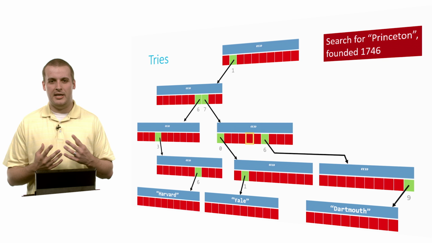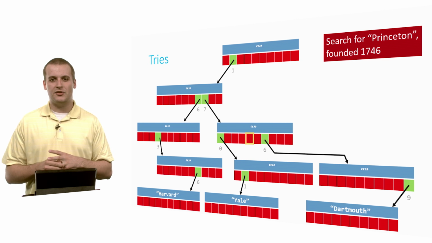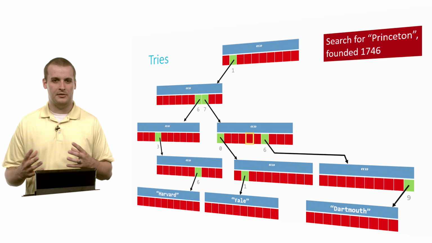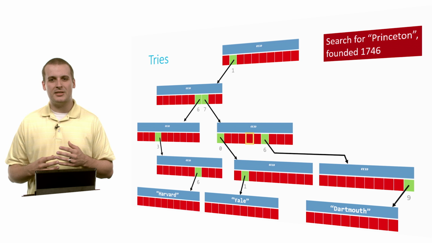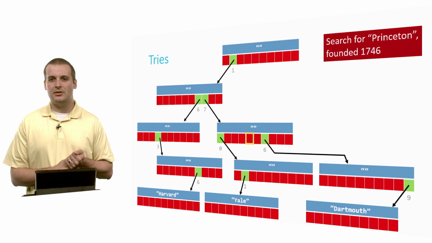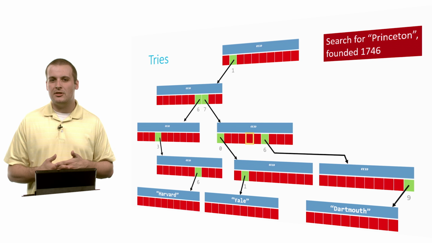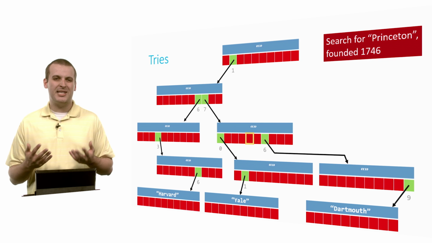So what does this all mean, right? There's a lot going on here. There are pointers all over the place, and as you can see just from the diagram, there are a lot of nodes kind of flying around. But notice, every time we wanted to check whether something was in the trie, we only had to make 4 moves. Every time we want to insert something into the trie, we have to make 4 moves, possibly mallocing some stuff